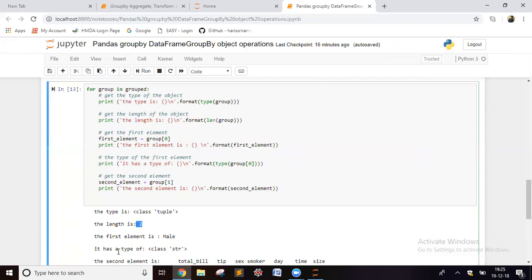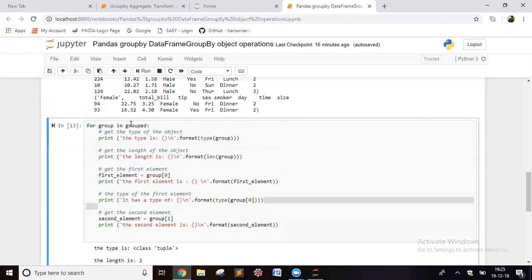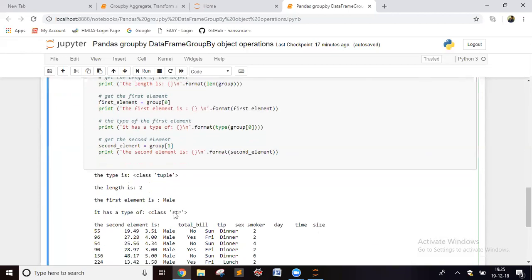We have only female and male, right? Then if you want to get the first element of it, it's male, yes. If you wanted to get the type of it, it's a string, right? It's a string we're talking about. After it takes the male, if you wanted to know the very first element, it is a string type, right? The second element is